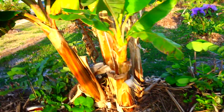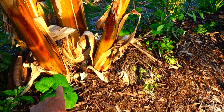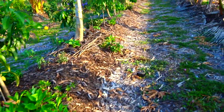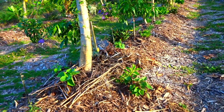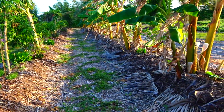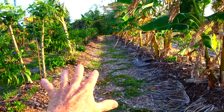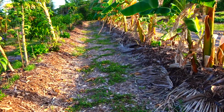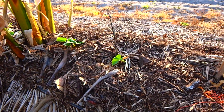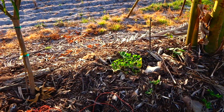Recently I put in some new legumes, like this one here, which is jack bean. I put those by each mango, each papaya and banana. Last year the understory was with sweet potato, so it was dominating the whole area. This year I've changed things up. I'm using some root crops like malanga. I've got peanuts,